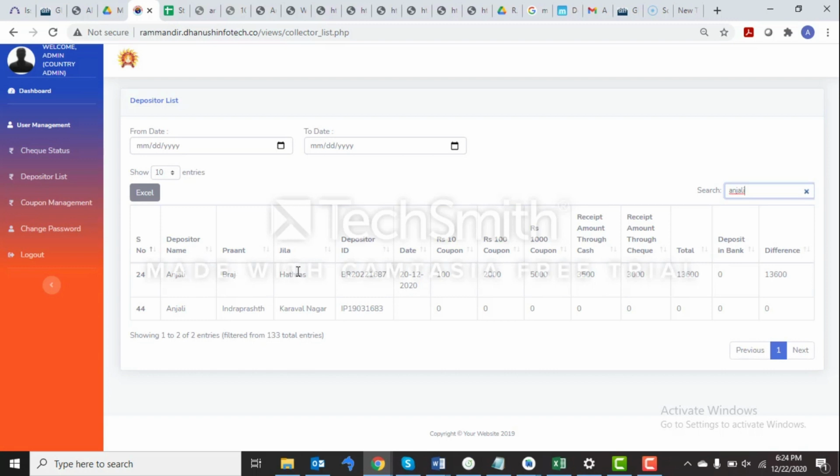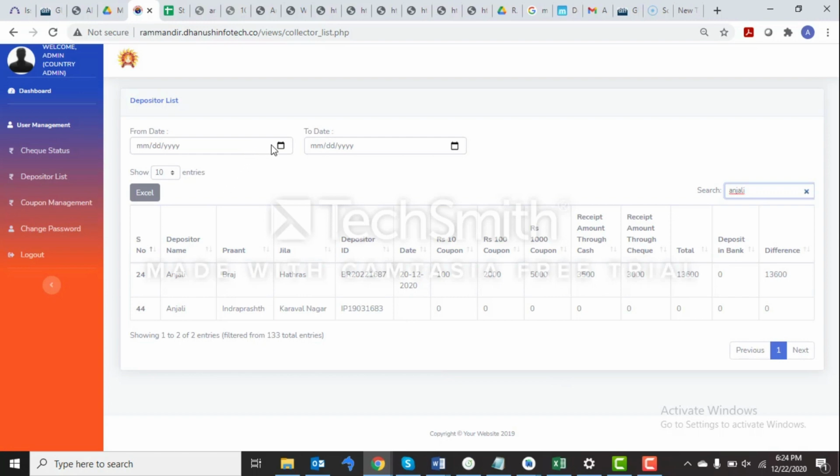the depositor's Prant, Jilla name, depositor ID, the date on which this depositor has been approved, then the amount collected via 10 rupees coupon, the amount collected via 100 rupees coupons, the amount this depositor has collected through 1000 rupees coupons, the amount collected by the depositor through receipt in cash, then the amount collected through check through receipts, the total amount collected by this depositor, total amount deposited in bank, and the balance amount which is still needed to be deposited in bank.